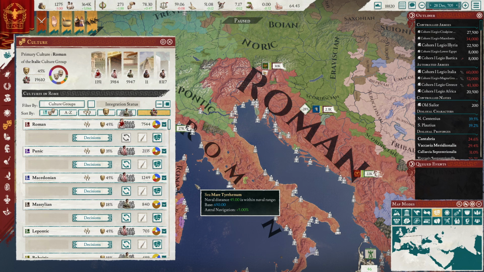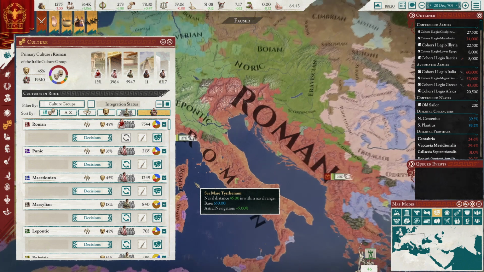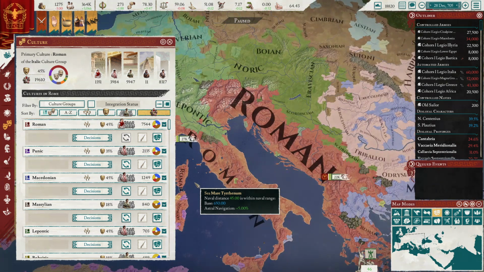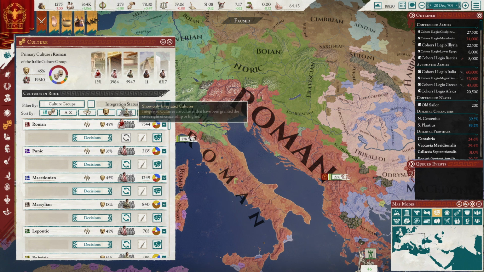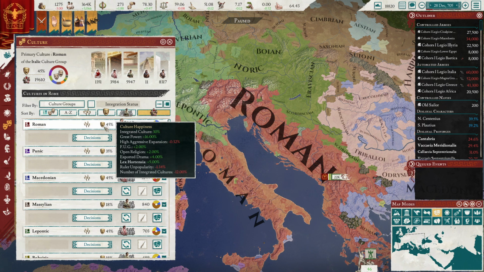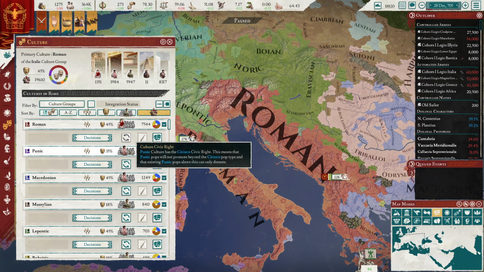But there is a reason that you would want to integrate a culture and let it continue to grow, and especially even prefer that their numbers keep going up. And that is that, number one, they are integrated, which means they're not going to cause you problems. They are as problematic as your main culture is. However, if you pick the correct integrations,